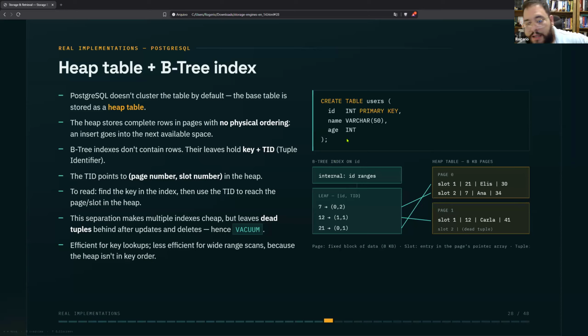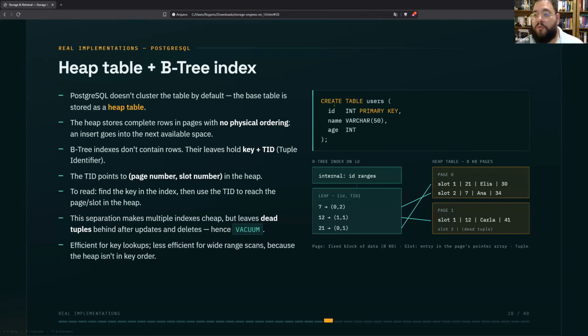For example, when you see a B-tree index in Postgres, you will find something like that on the leaf. Okay, the ID 7 and the TID 02, the ID 12 and the TID 11. What does it mean? It means that for the key 7, the value is stored at page 0 in the heap table and slot 2 on the heap table. So the row is 7 and 34.